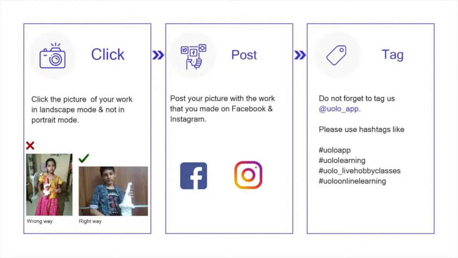Just a tiny reminder, your submission looks a lot better if you could click a photo in the landscape mode rather than the portrait mode. Do not forget to tag us at Uolo_app. I'm eagerly